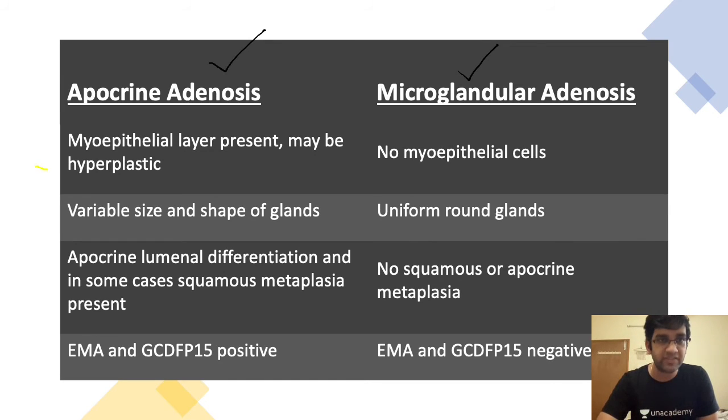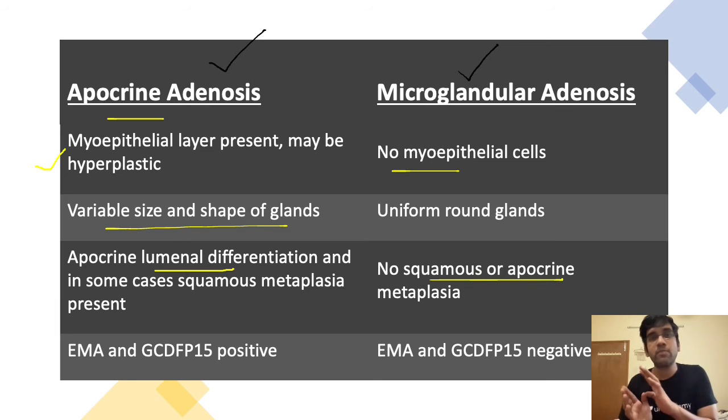The myoepithelial layer will be present, might even be hyperplastic, in apocrine adenosis, and completely absent in microglandular adenosis. The shape and size will be variable. In the apocrine adenosis, why I put this table here is, we'll have a luminal apocrine differentiation. Here I won't have an apocrine differentiation or metaplasia, but you should not mistake the secretion for an apocrine differentiation